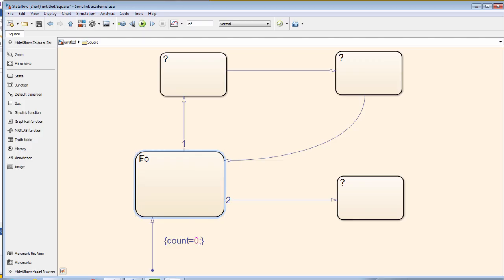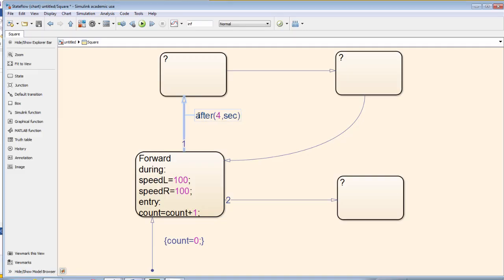While we are in a state, each time we will now define 2 output variables. We use the command during: to define these variables while we are in the states. One output variable, speedL, is for our left motor, and the other output variable, speedR, is for our right motor. Every time we enter this state, the value of the variable count will be increased by 1. And this is denoted by the command entry: